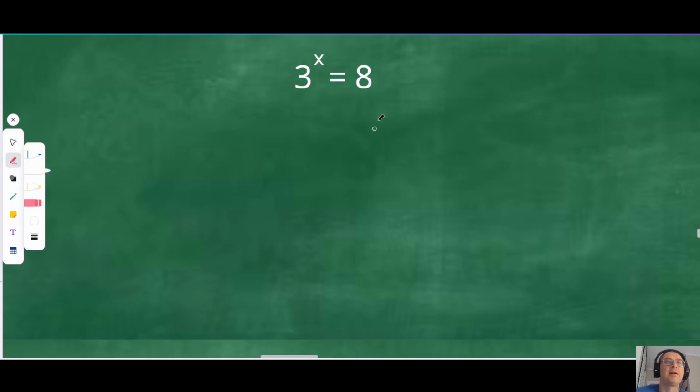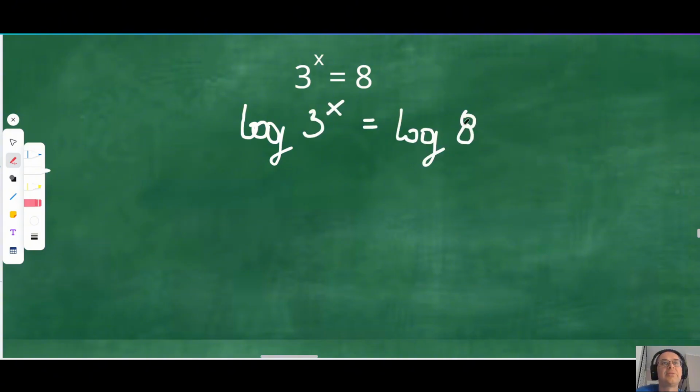So, if we have this equation, we can apply a logarithm to the base of 10 on both sides. And then we have a logarithmic equation with the logarithm to the base of 10. We don't have to write the base if it's 10. From now on, I'll simply say logarithm or common logarithm.